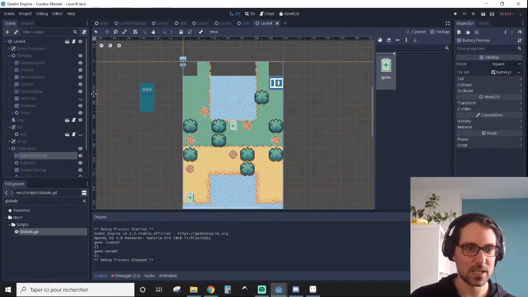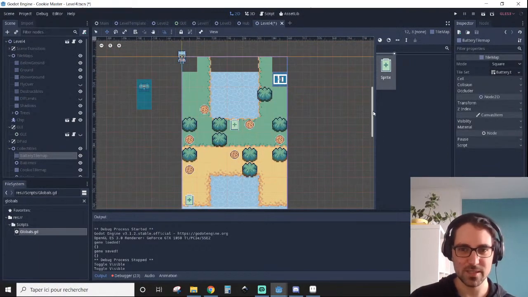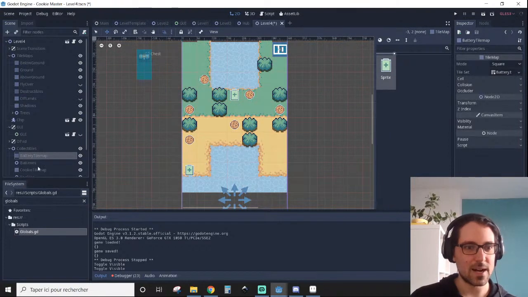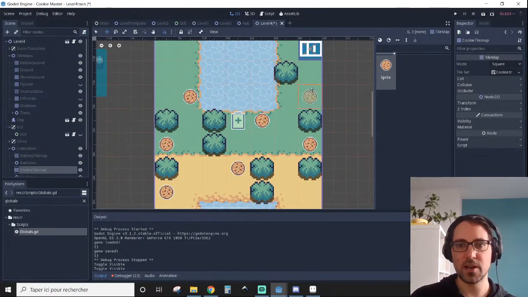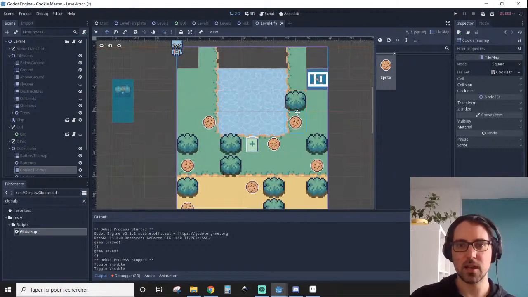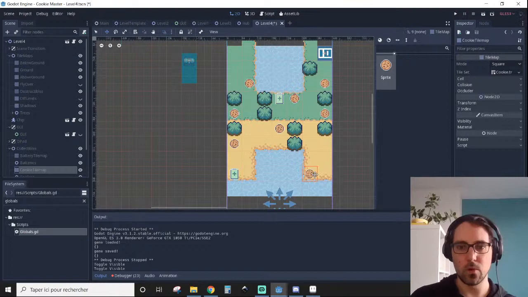What am I even doing? 1, 2, 3, 4, 5, 6. We don't have 7 cookies, so that is no good. We need more cookies. So I'm gonna put a last cookie here, I guess, or here. And maybe one more here,